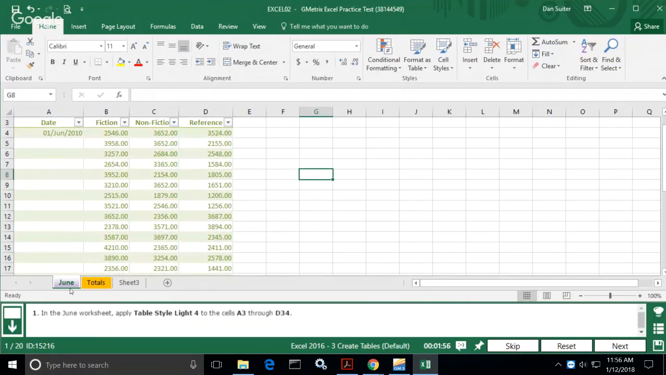Oh, I'm on the right worksheet, by the way. They get us once in a while. It said June worksheet. We're on June, so that's okay. Sometimes we're on a different worksheet. And if we got it right,